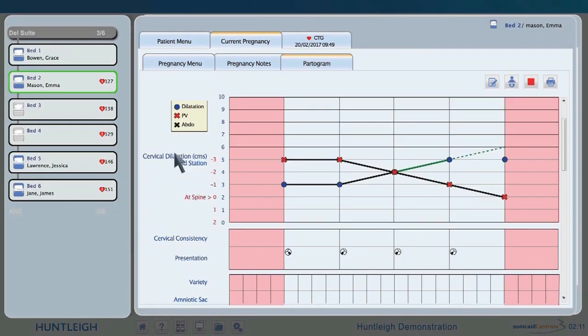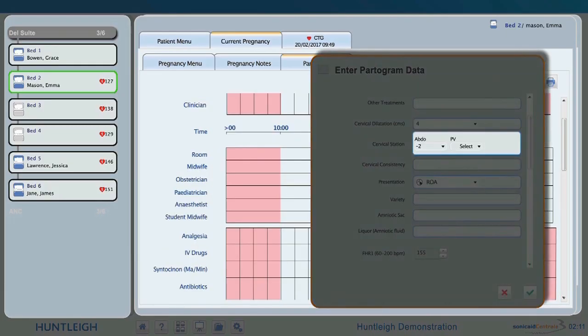The partogram can be updated as required. Only a small sample of the data fields are shown here, and will typically include contraction strength and frequency, maternal measurements similar to the traditional partogram. To enter the partogram data, use the drop-down lists or free-form text fields when the cursor is at the correct